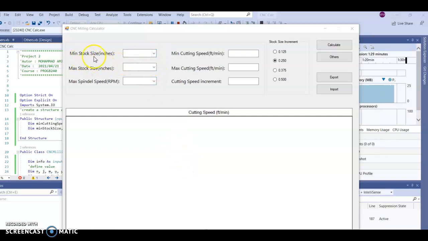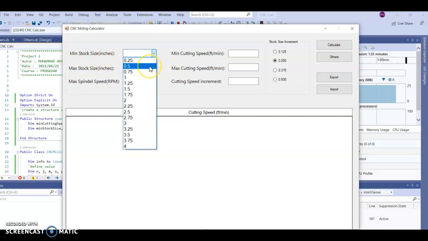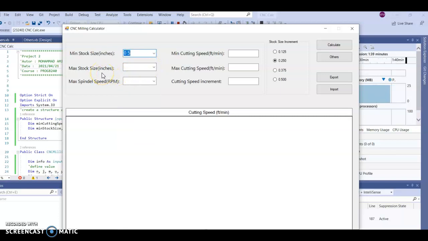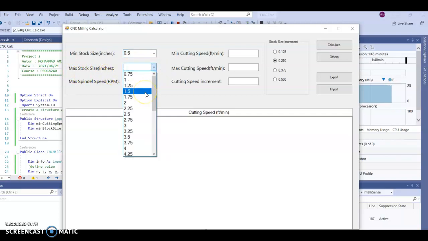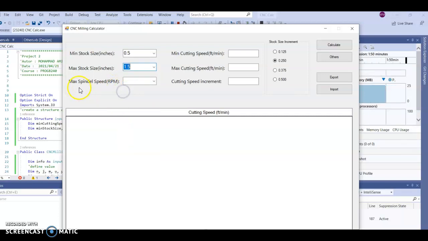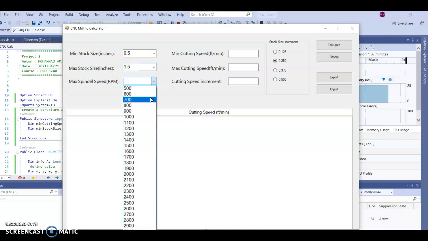First of all, the first part is about minimum stack size, and I have to select a value, for example this, and the second part is about the maximum stack size. I choose, for example, 1/2, and the third part is about the maximum spindle speed, that's per minute, and for